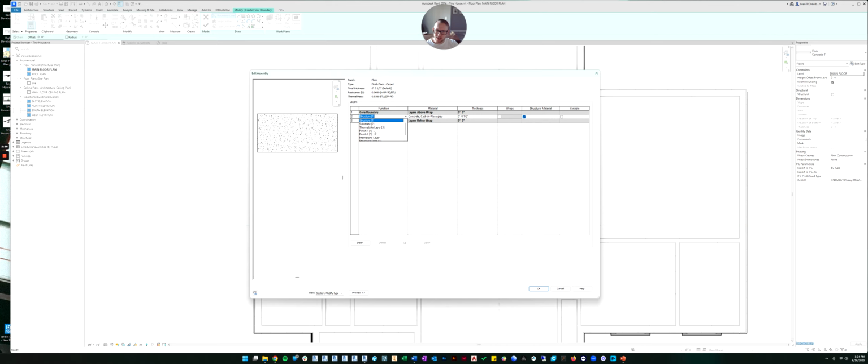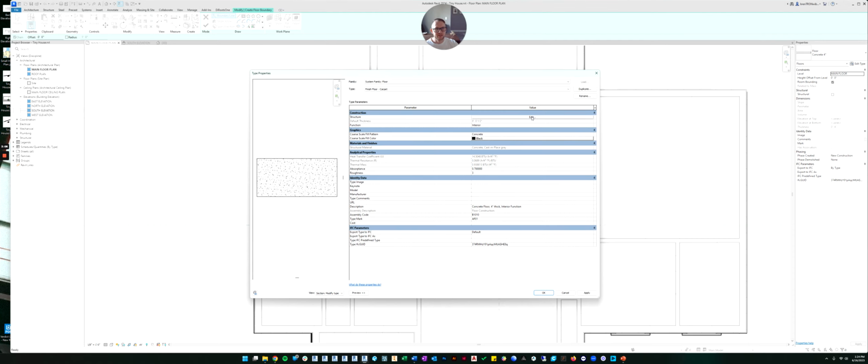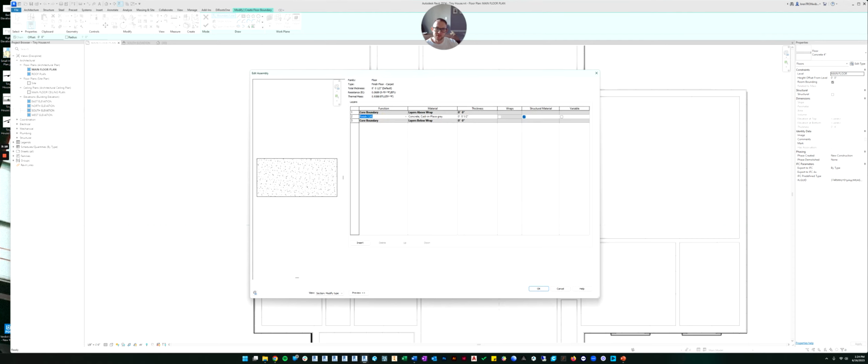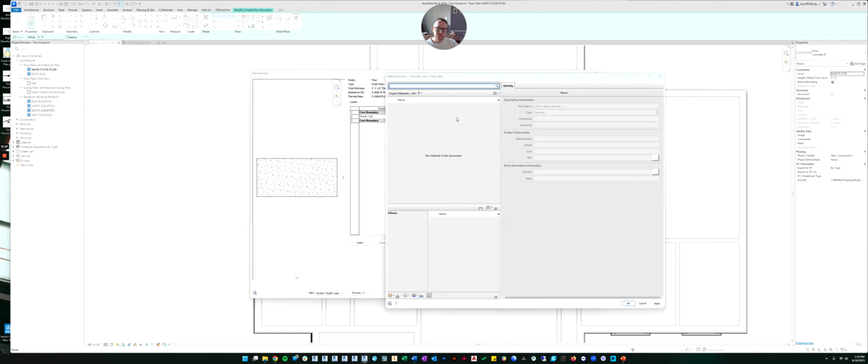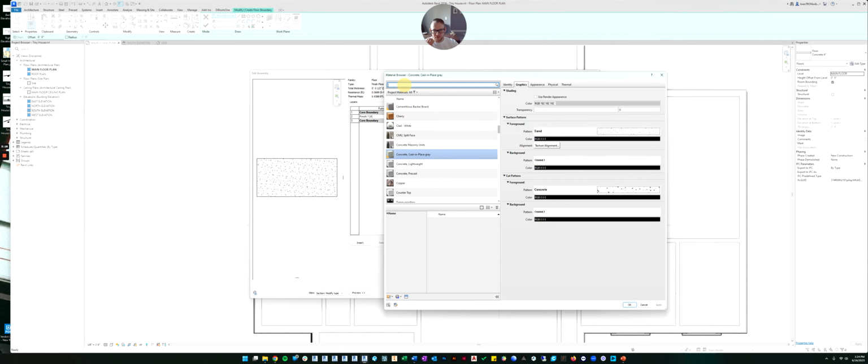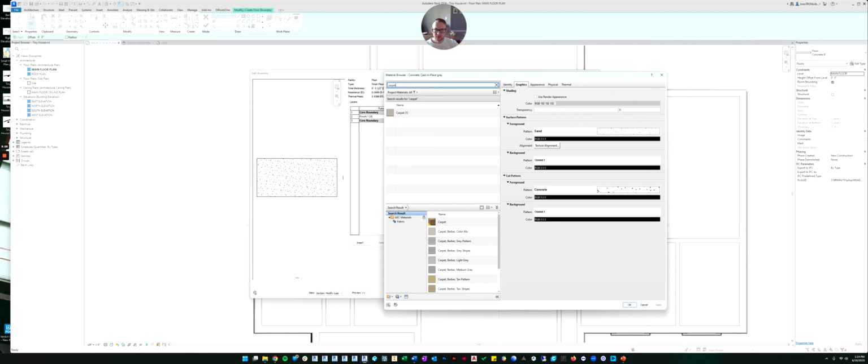I'm not sure if it'll let us have only a finish. I think the finish has to be outside of the core boundary, but I also don't think you can move. Let's just try it and click OK. Oh, it does let us. Okay, so we'll just keep it as finish because that is what its function is. And now right now its material is set to concrete. So let's change the material. Let's see if they have carpet already in here. There is. So let's just pick the carpet.